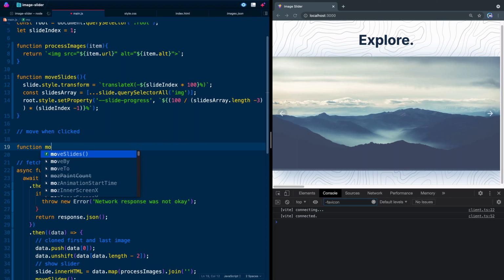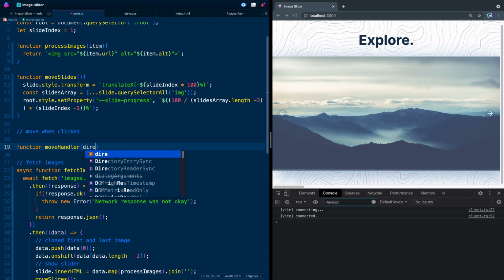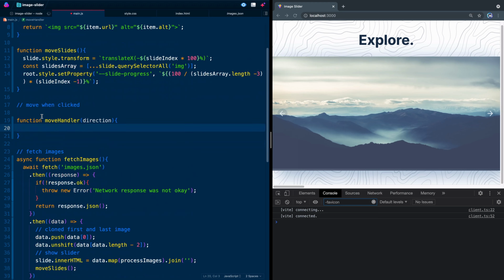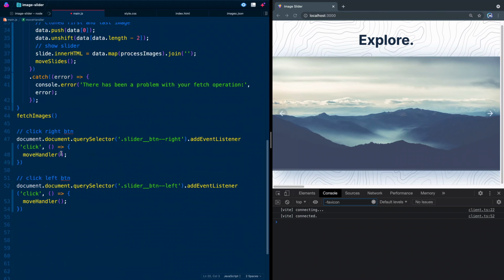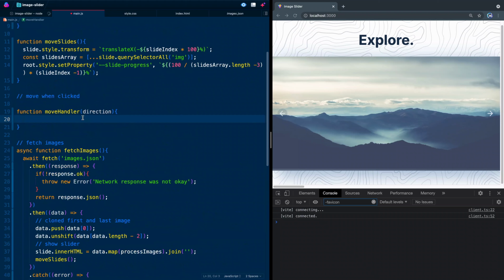Function move handler. We're going to pass in a direction, and probably the easiest thing to do is just to use it one direction or the other. So let's say right. So whenever right runs, we'll pass in right. Whenever left runs, we won't pass in anything. And then let's say